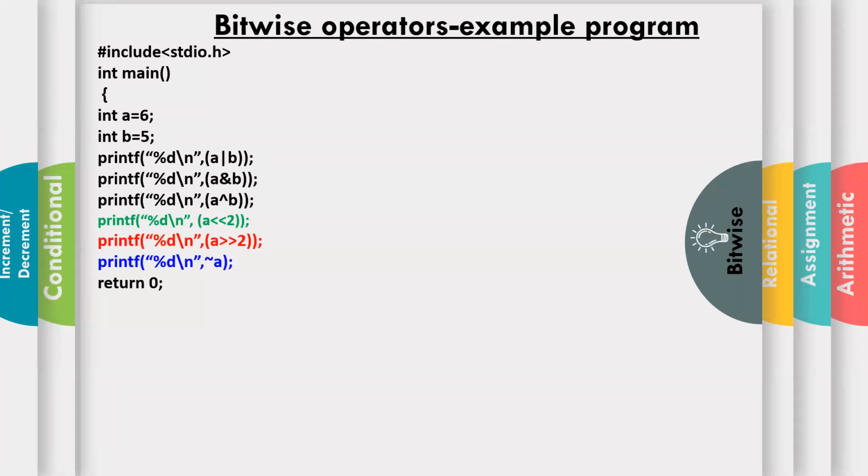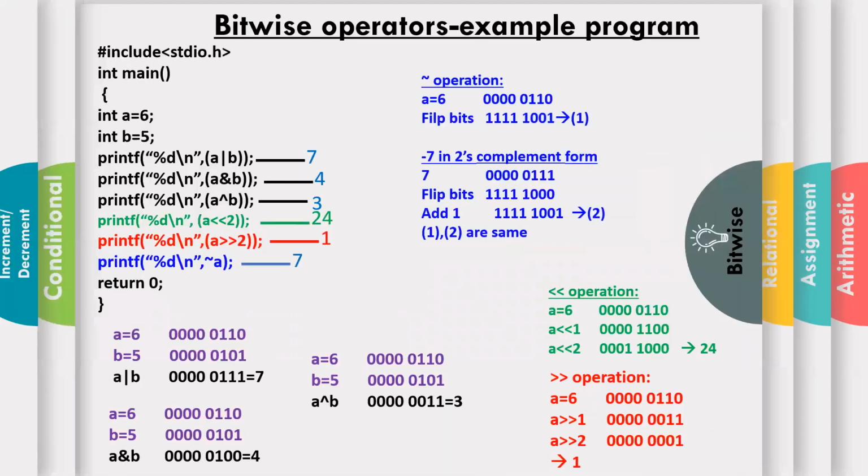Now flip the bits. Flipping means nothing but complementing. What is this operator name? Complement. So complement these bits: all zeros as ones and ones as zeros. So 4 zeros become 4 ones, and 0, 1, 1, 0 becomes 1, 0, 0, 1. It simply applies this operation, complement. But what is this value? 1, 1, 1, 1, 1, 0, 0, 1.